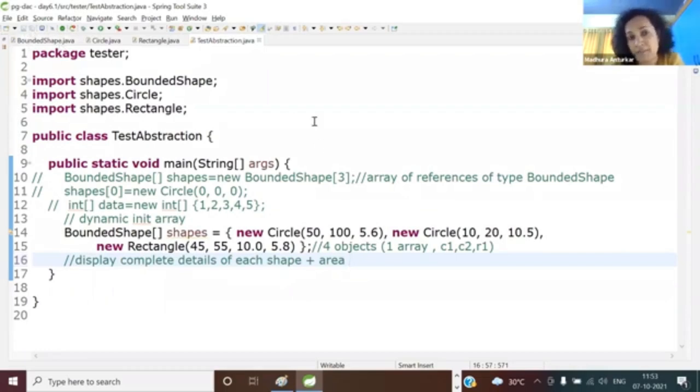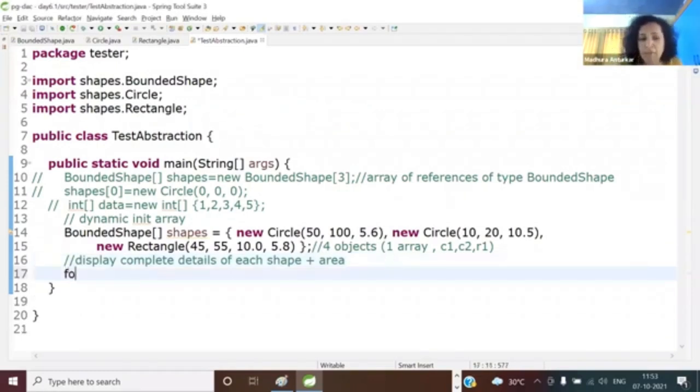Okay, of course. Anyway, I'll not say anything. Let me see what you are saying. How do I do this? You understood this? You can definitely go for your for loop or for each loop and think. For each is easier. So dictate, for each, what should be the argument of that for each? Should it be a bounded shape, or a circle, or rectangle, or object? If you say object, it will work